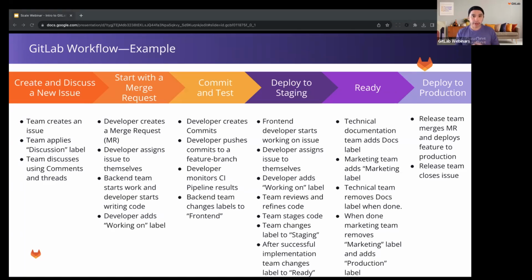Then when the developer is ready to start having their code reviewed, they create that feature branch and start with a merge request. So the developer creates that merge request associated with their feature branch and assigns the issue to themselves. Then the backend team starts their work and the developer starts writing their code. And the developer adds that working on label to make it easier to identify that the work is in progress. They start committing those changes directly to the feature branch, and then the pipeline starts running and starts testing